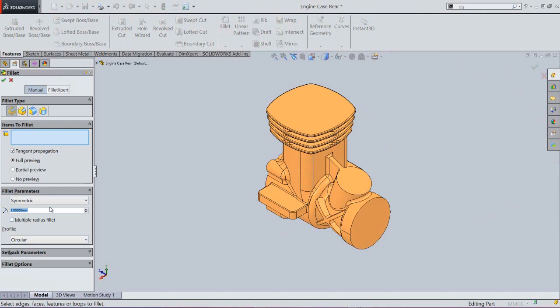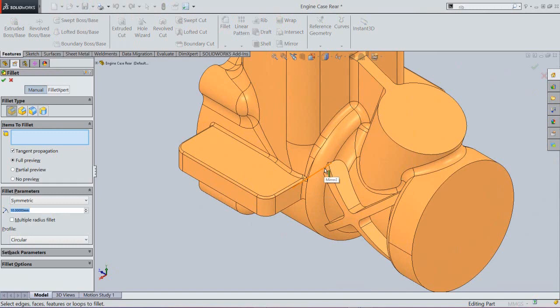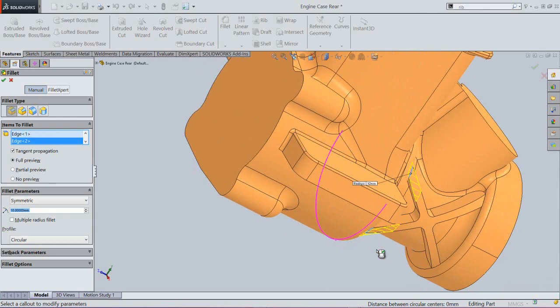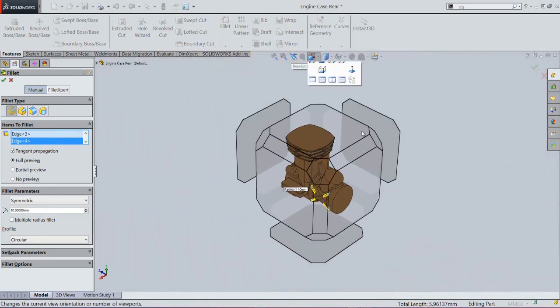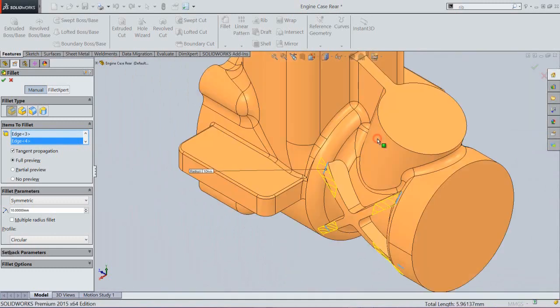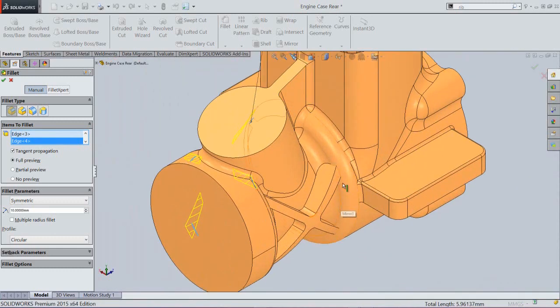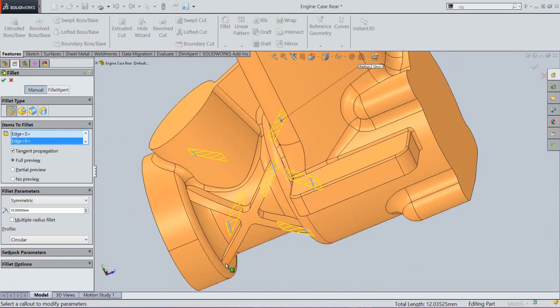Now we will create another fillet. The radius will keep 10 mm. Select this edge and this edge. Okay, create another fillet over the opposite side of this feature. That's it.